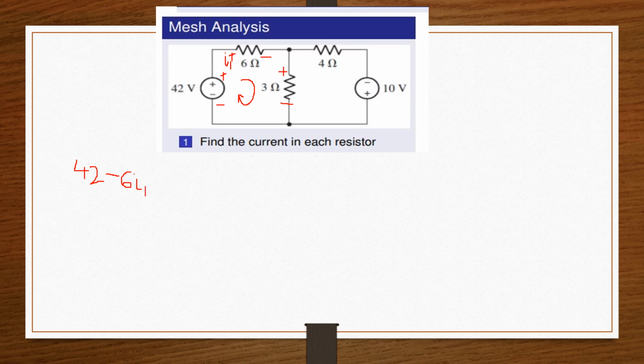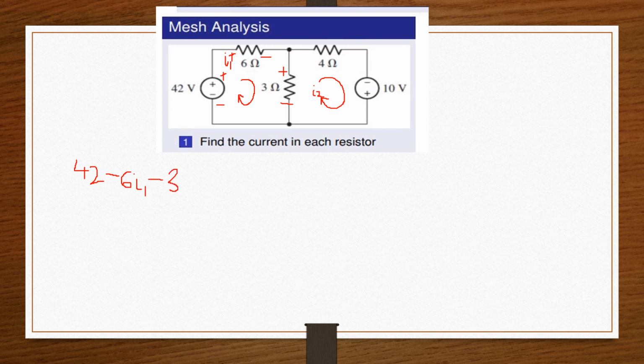Now let's go to our 3 ohm resistor. This 3 ohm resistor is a special case. Why? It has two currents going through it. The current from mesh 2, which is I2, and I1 are all going through this 3 ohm resistor. But you know that whenever the current is moving from the positive side to the negative side of the resistor, we have a voltage drop, if we've concluded on that already. So we have